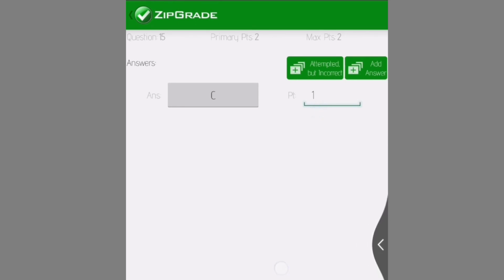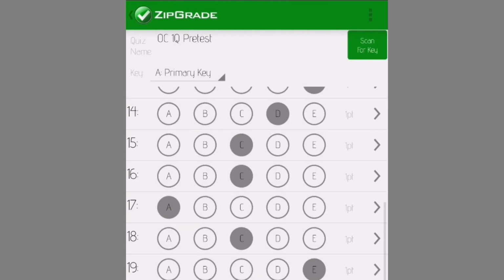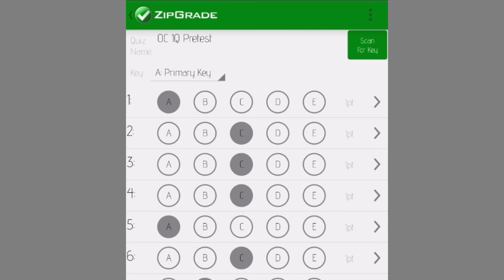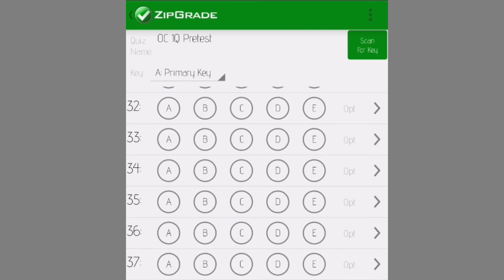But let's change that back. This is 0 because it doesn't have an answer. The moment you put an answer to it, it's automatic, it's going to be 1 point. So if you're good with your answer key, then you can just go back